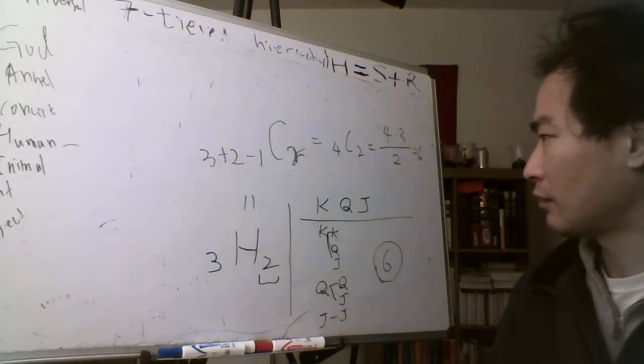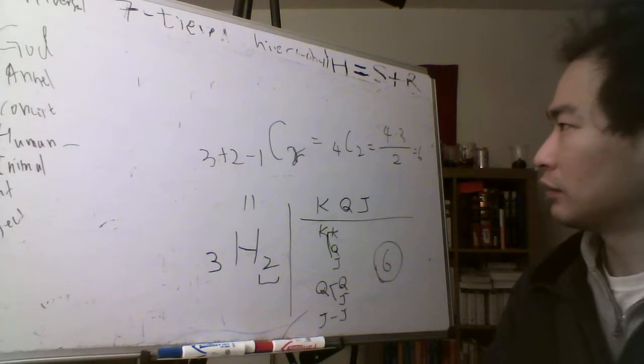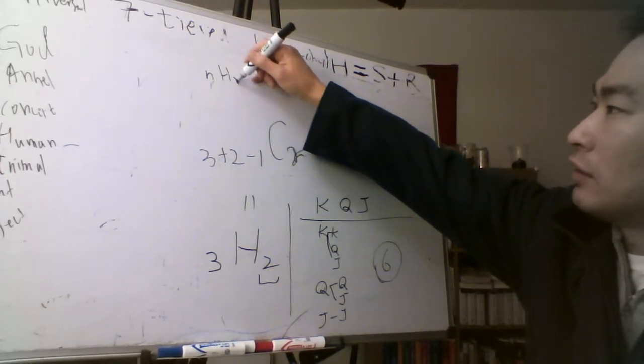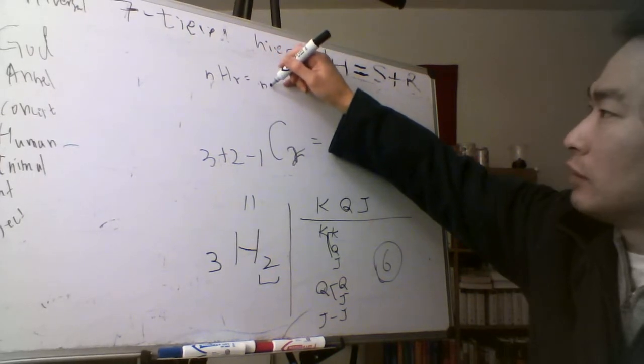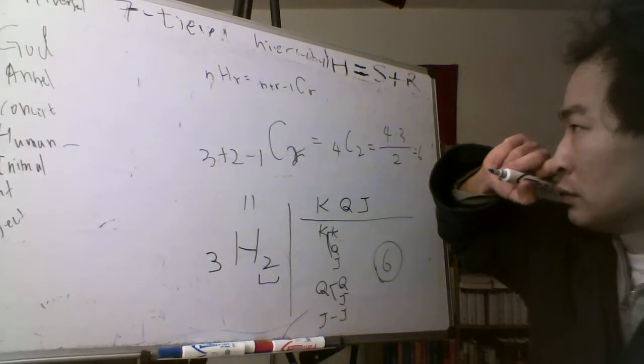Okay, so, well, let's just write it out. NHR is equal to N plus R minus 1 CR, and